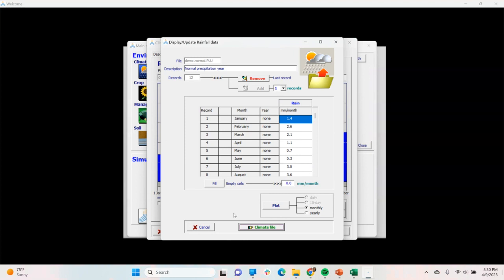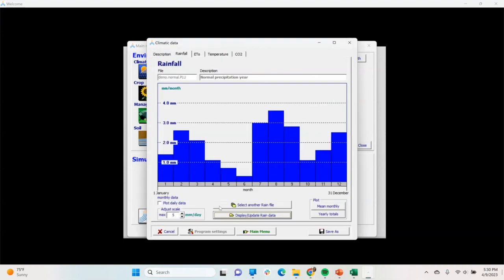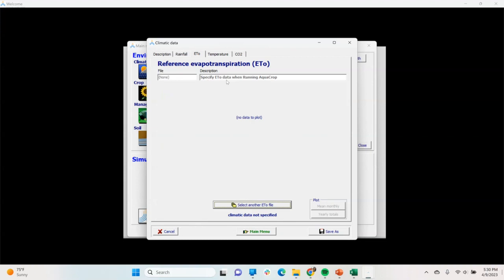So I had already created a file, which I named the demo normal, where I put in my precipitation information. Here it is when you plot it. And this makes sense, since in the Southwest, you do get most of your precipitation during the monsoon months of July through September. This is going to specify the ETO data once I'm running the AquaCrop model,